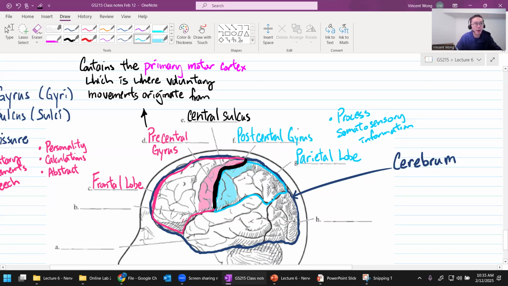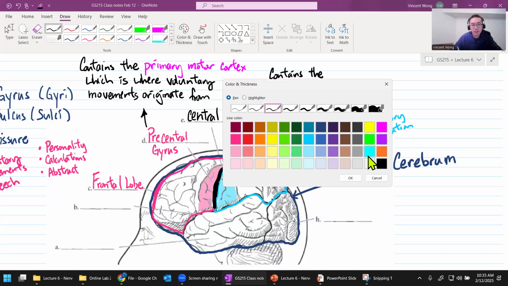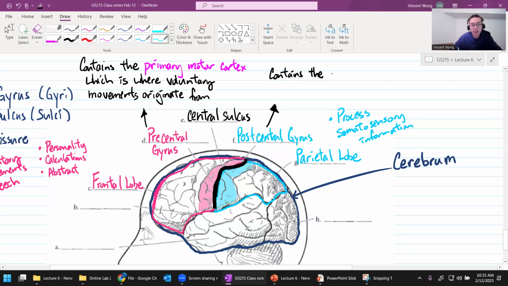Okay, it's a bump that's behind the central sulcus. And what does it do? Okay, so this one contains, running out of colors here, the primary somatosensory cortex